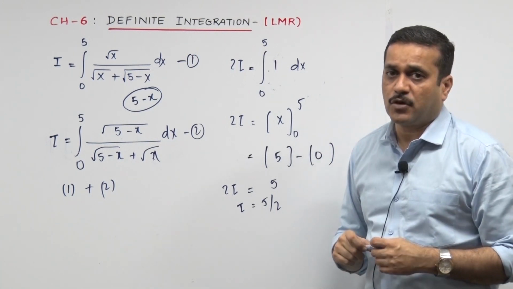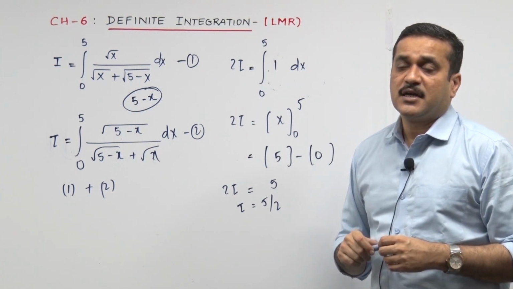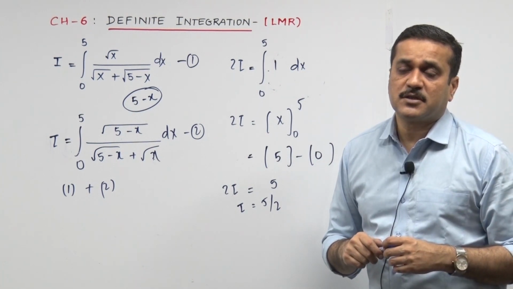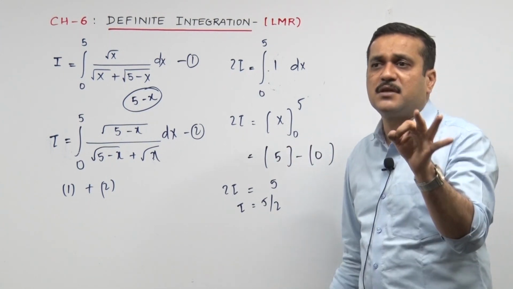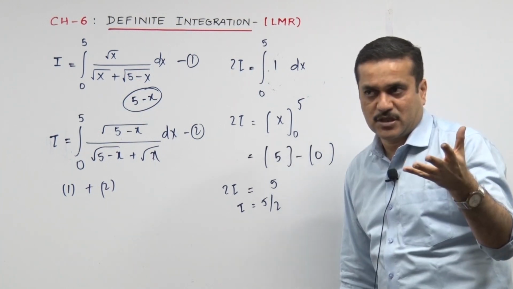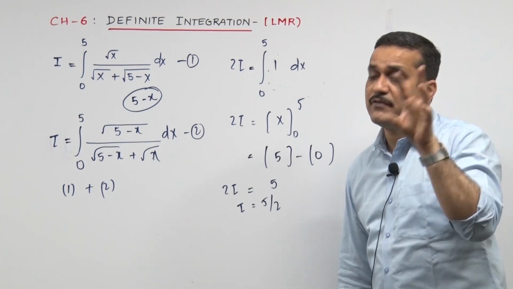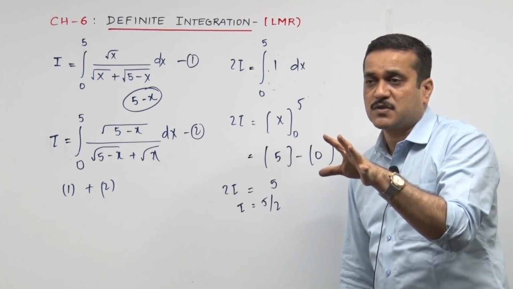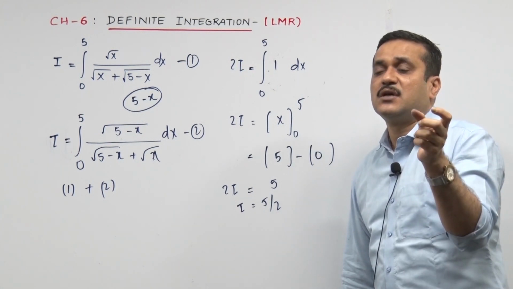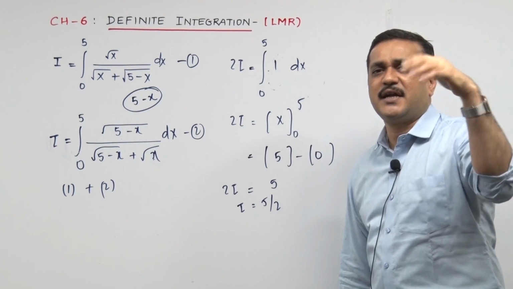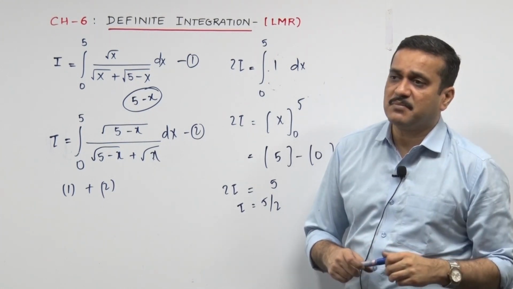So I'll beg a moment from you all to bring in one more sum wherein we apply the second property, property 5: integrate a to b f of x dx is equal to integrate a to b f of a plus b minus x dx. Sir, you are very comfortable saying that. Okay, I am a lecturer, it's my job. But at the same time, I gave you the method by which I make it very smooth. In the back of my mind, this tune is running: I can change my x to a plus b minus x. So I start: integrate a to b f of x dx is equal to what? Integrate a to b f of a plus b minus x dx.